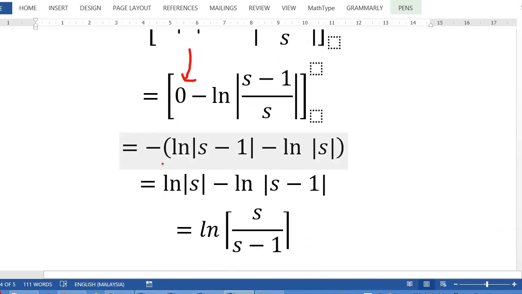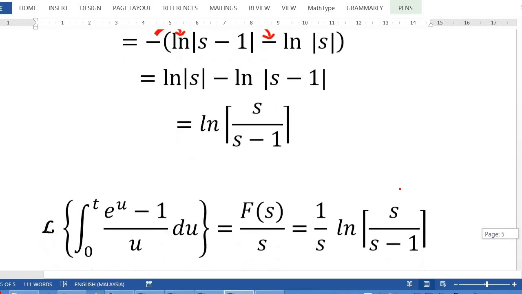So you have negative bracket ln s minus 1 minus ln s. We expand inside the bracket, so you have minus, so positive ln s minus ln s minus 1. So the result is ln s over s minus 1. Okay, this is the result for